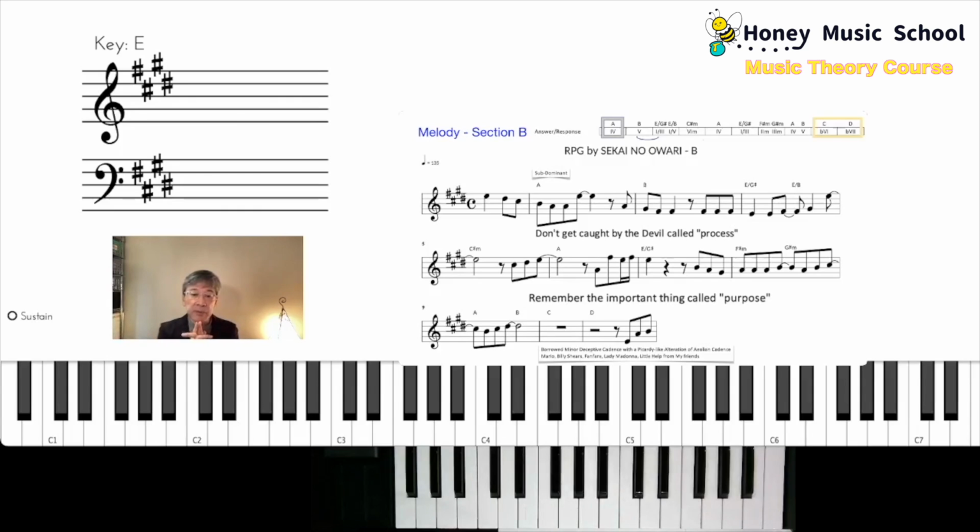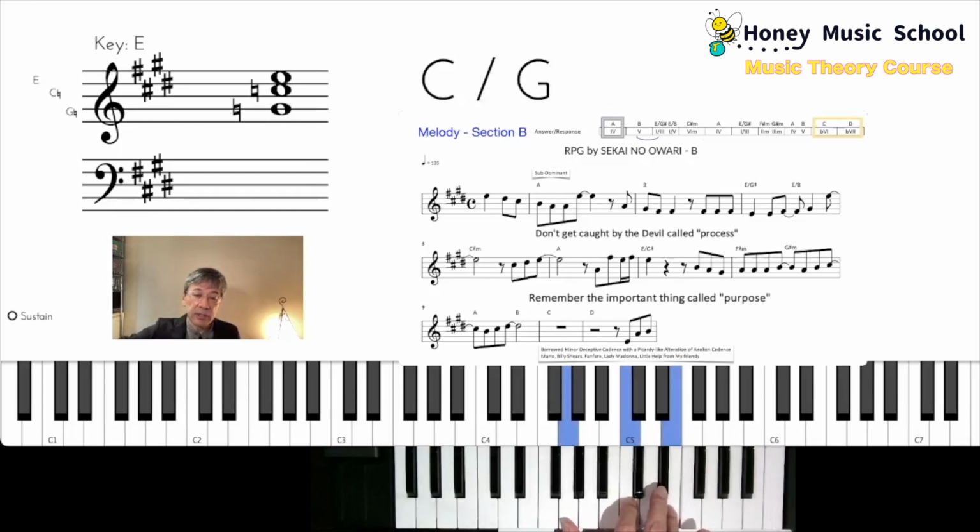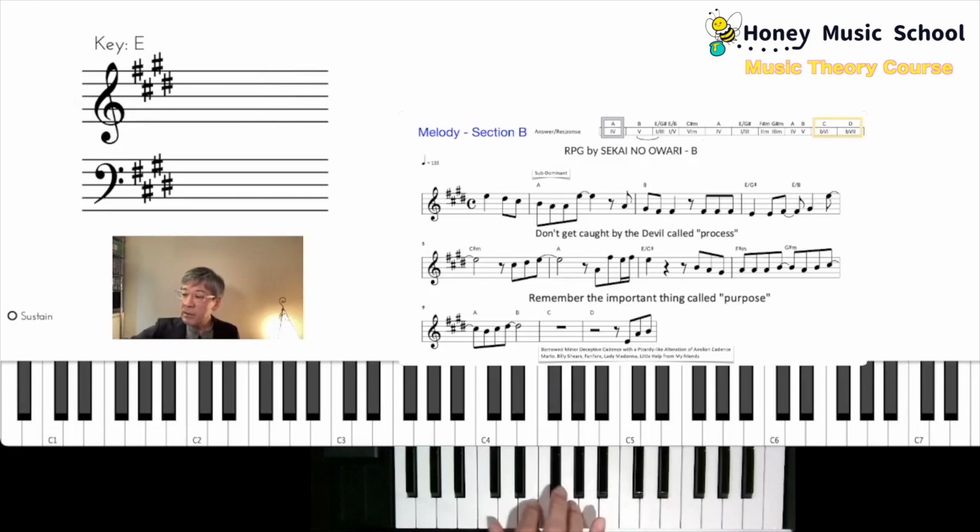But why we call this the borrowed minor deceptive cadence is because you don't have this. Let's look at the notes from the chord C, right? Here, C, E, C natural, E, and then G natural, right? They don't belong to the E major diatonic scale, except for the E. They do not belong to the E major diatonic scale, right? C sharp, and then G, right? It's G sharp. So